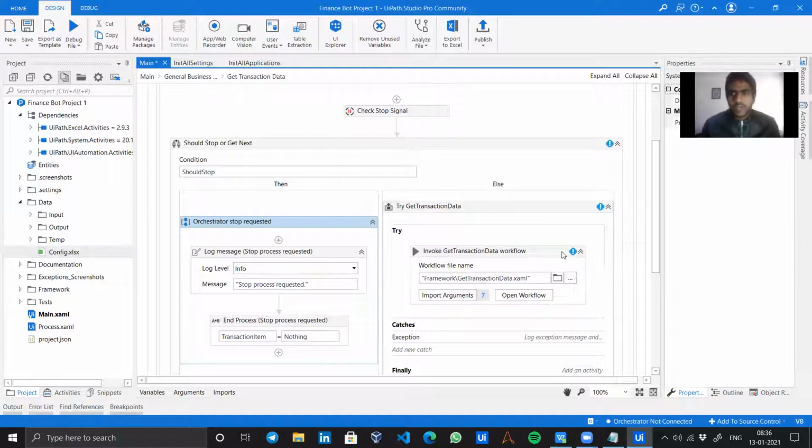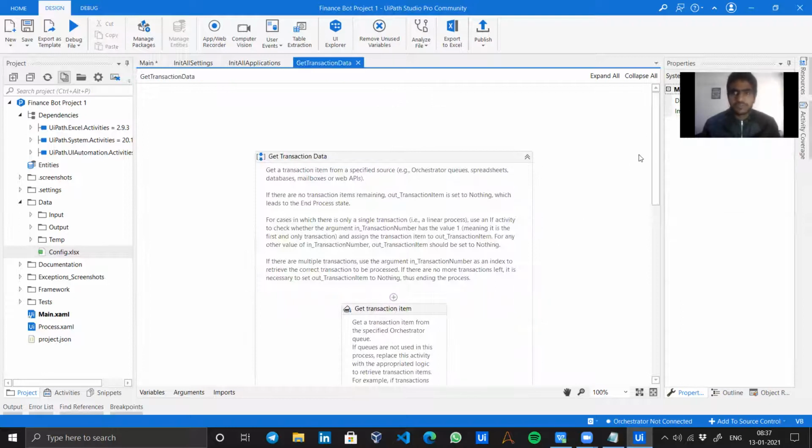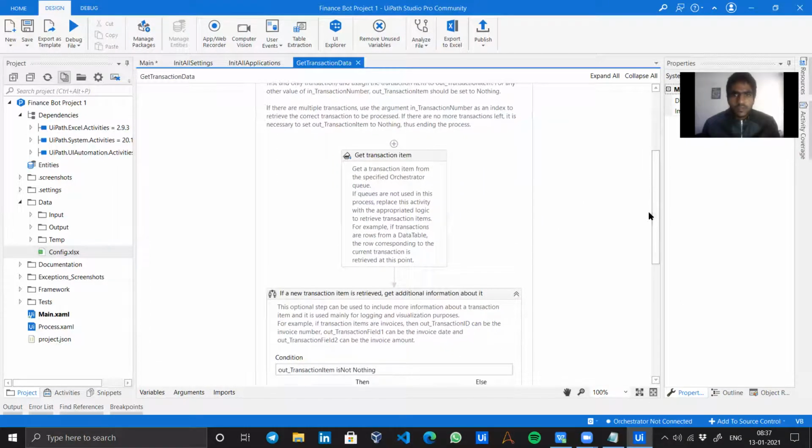Then we have got some error in this invoke get transaction activity. So I will open this workflow. This get transaction data state is used to get a transaction item, or you can think of it as a row from a queue present in the orchestrator.